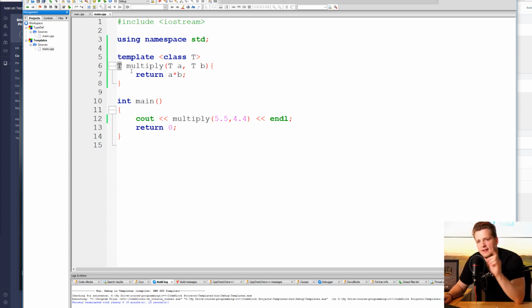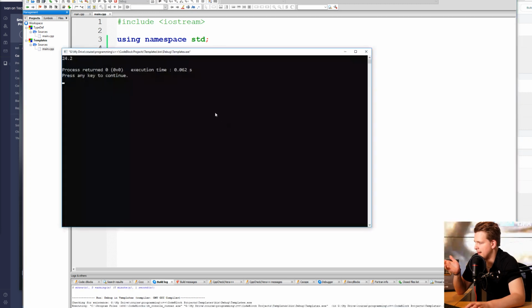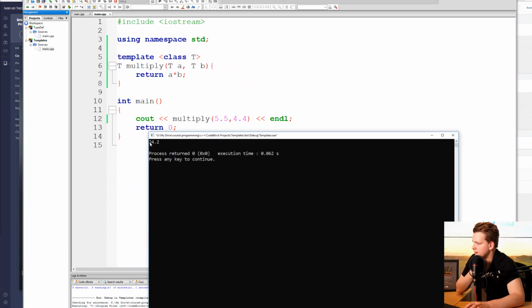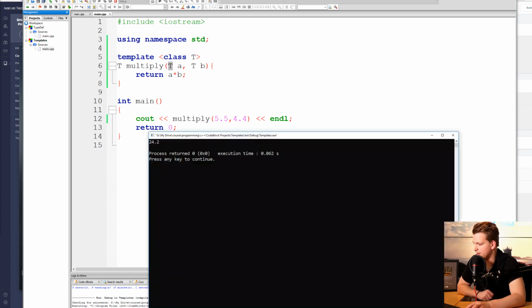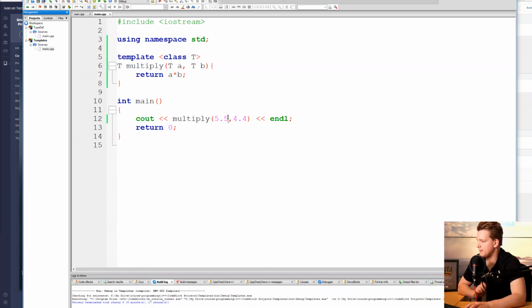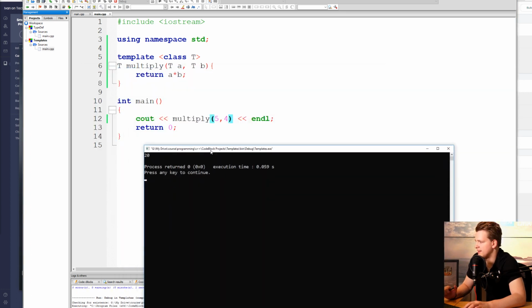We don't know if T is an integer. It can be an integer, it can be a double, it can be whatever, and C++ will accommodate this situation. So now if I take 5.5 times 4.4, you see it's 24.2, because C++ has now basically decided that it looks like the programmer is inserting a double. So therefore this T is now a double for this particular function call. But if the programmer is inserting, for example, two integers like this, then C++ will know that, you know what, it seems like this